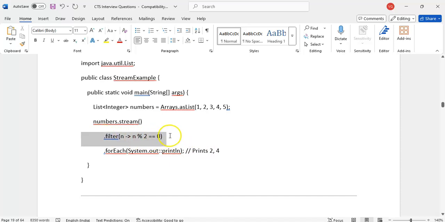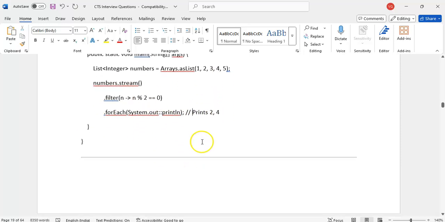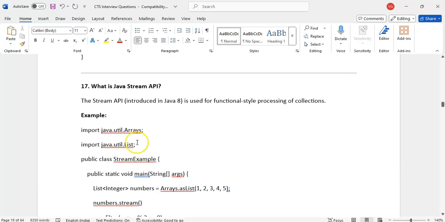It will filter the numbers which are divisible by 2. Then forEach it will print, System.out.println. Within a single line we can do the action. Streams are like functional programming.